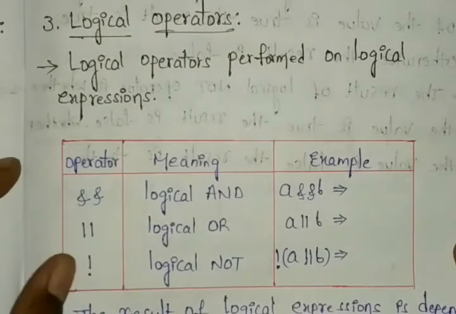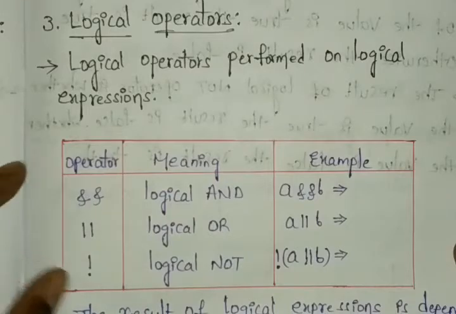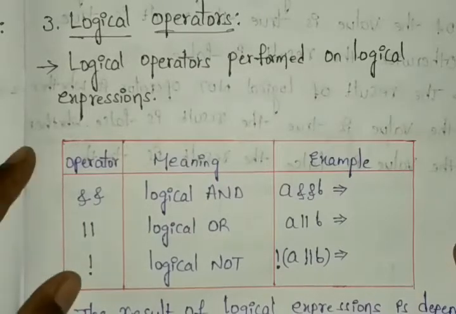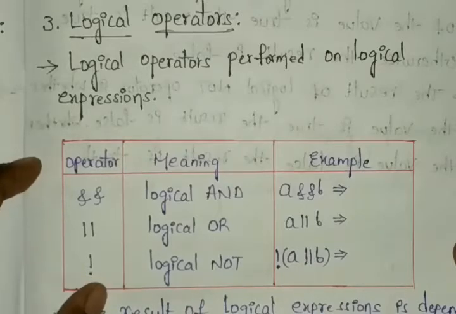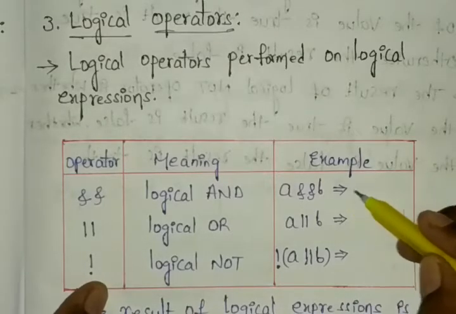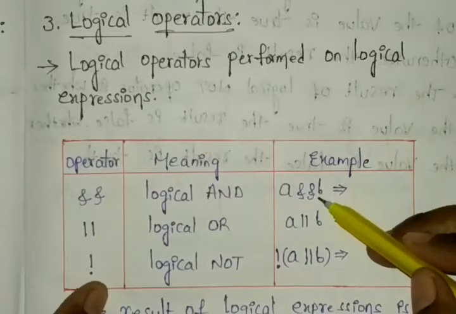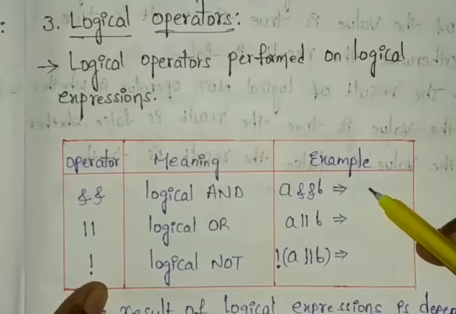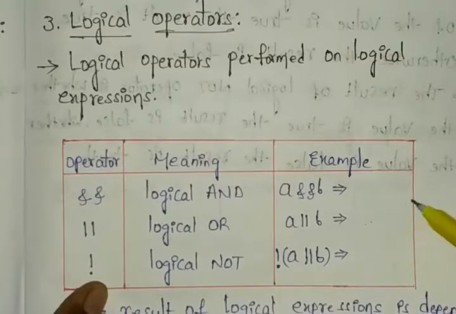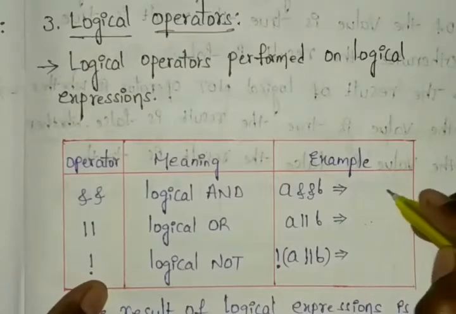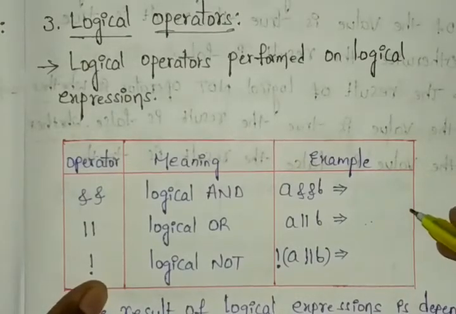Whenever you perform logical expressions, those depend on our truth tables for the logical operators. Suppose you are giving two values to A and B. These two need to be true values, and A or B I am giving. So at least one is true, and these perform in the true or false type.